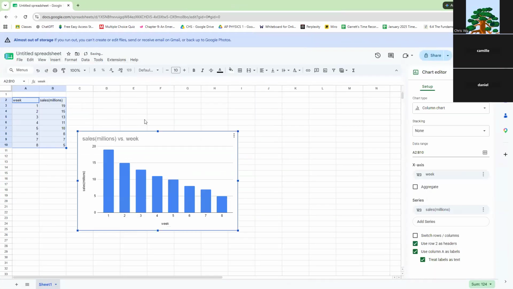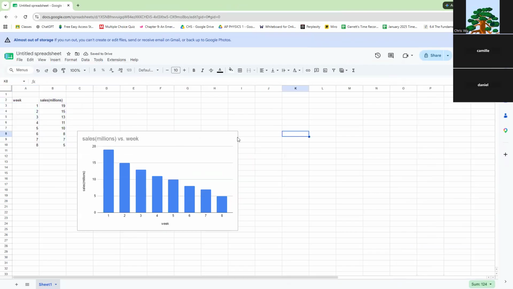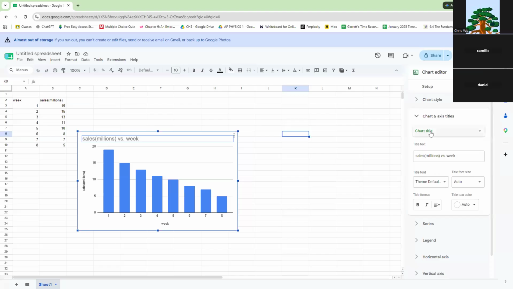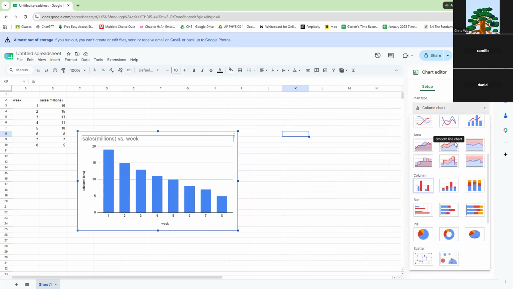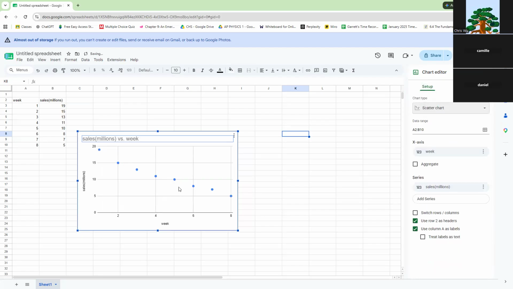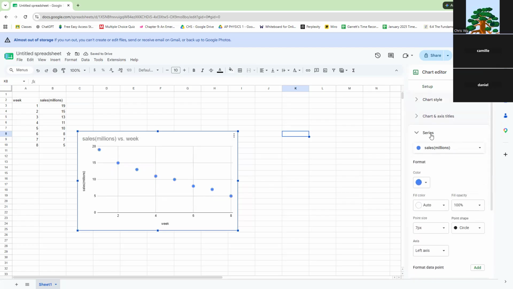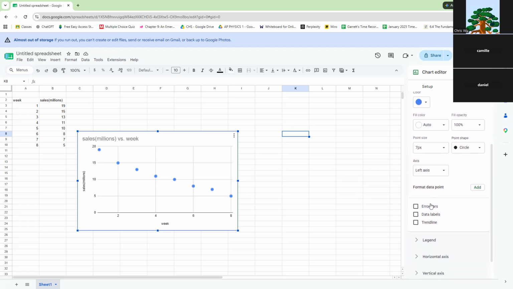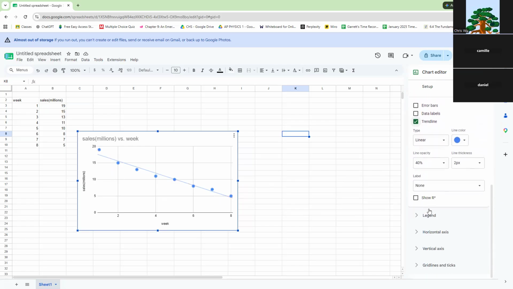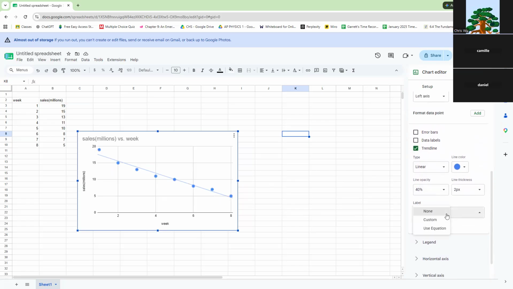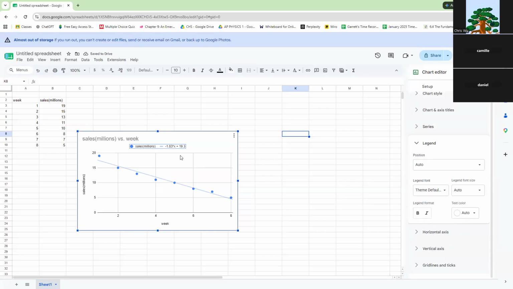Insert chart, and I don't want a column chart. I want a scatter chart style, a scatter plot. There we go. That's a scatter plot. Now I'm going to add a series, which they call a trend line. There we go. So that's the trend line, and then I can show the equation. I think there's an option to show the equation. Label, use equation. Okay, and you see, there we go. Instead of our estimated one, which was about negative 2 and positive 20,